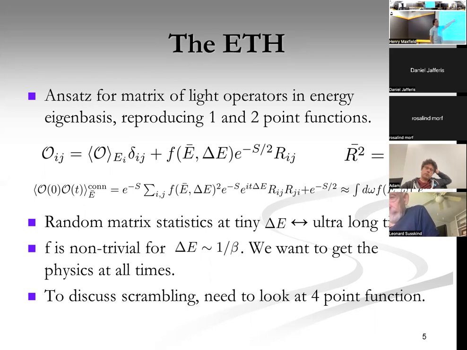But of course, if I have that as the whole thing and I computed the connected 2-point function, I will get 0. So we need something else to give the thermal transport, the 2-point function. And so the ETH ansatz looks like this. We have some kinematic factor of e to the minus the entropy over 2, and then a smoothly varying function of the energy and the energy difference, and then a random matrix R_ij with norm squared 1. Now, you might say, in a sense, it's just a definition of this function. But again, the point is that the function f is slowly varying. It doesn't know the details of which microstate you're